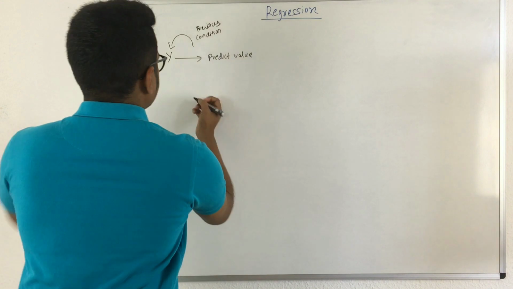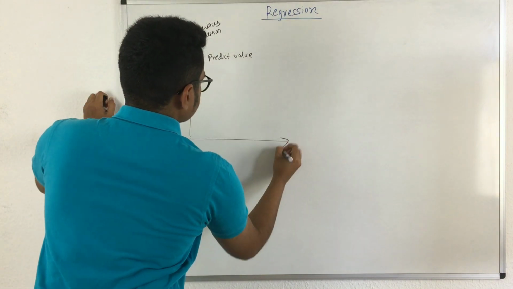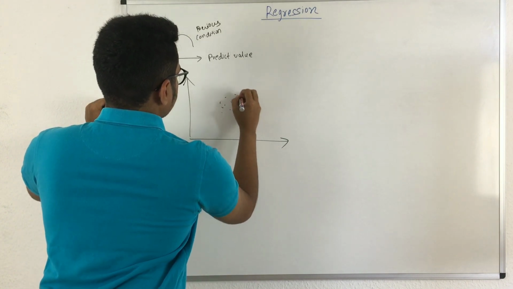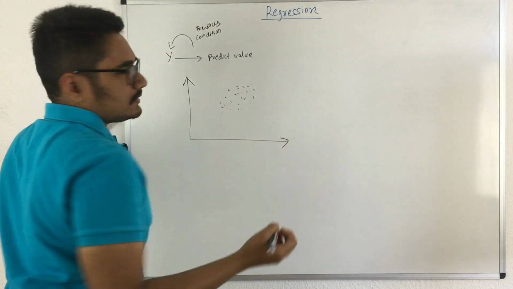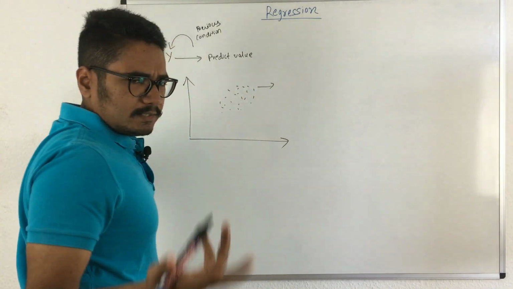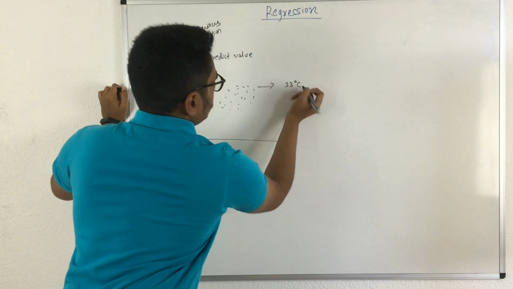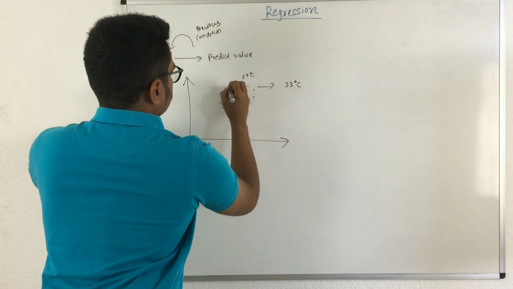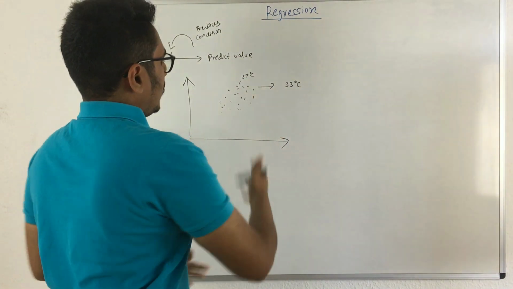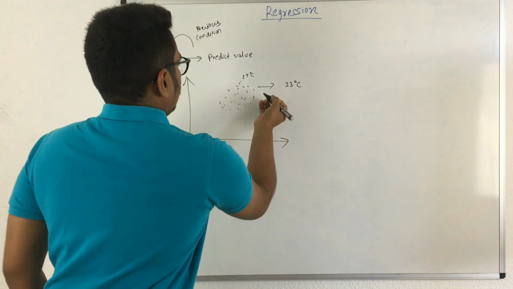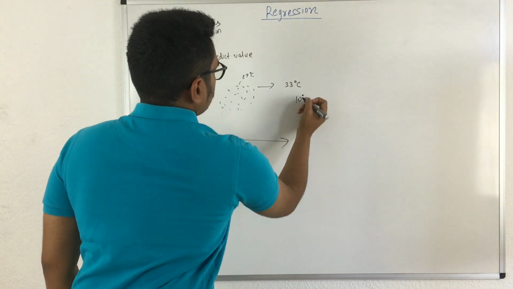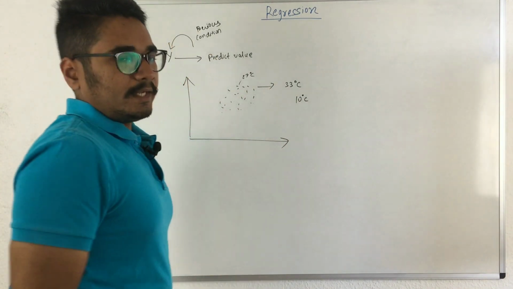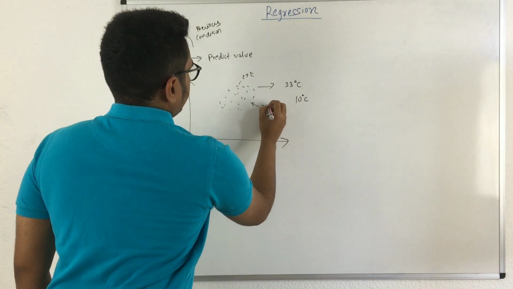So consider the scenario where you have this xy plane, and there are some data points scattered here and there. Consider this as the temperature. I predicted the temperature, that is 33 degrees Celsius. Now these are different temperature values, say for example 27 degrees Celsius. Now this prediction would be the time that I would be going outside. So if in the morning the temperature was around 10 degrees Celsius, then later after it became hot, what would be the temperature? So these are the various estimates of my temperature.